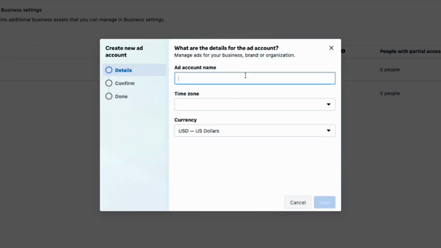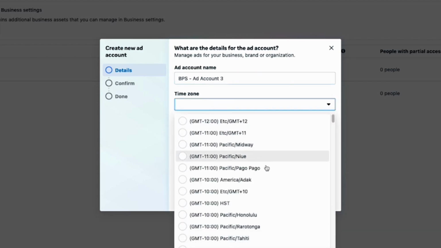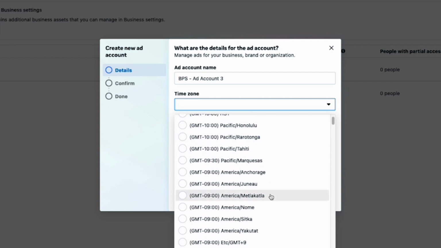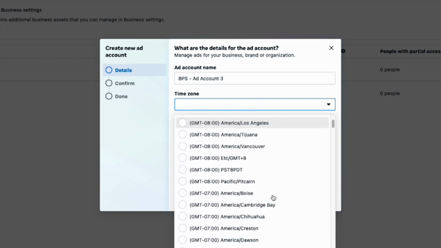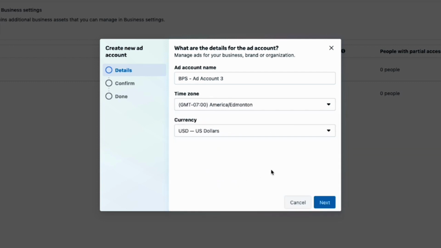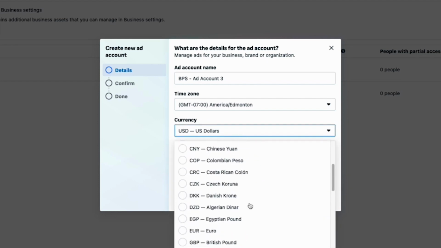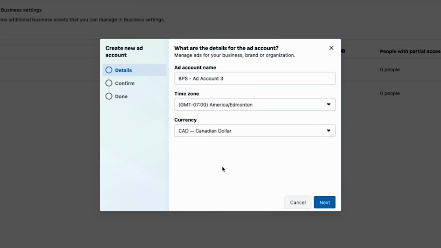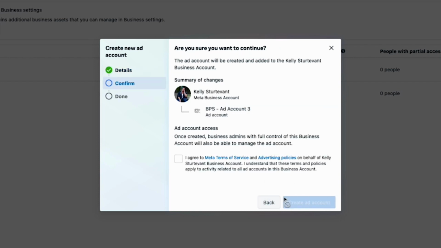So from here, we're going to add our account name. In this case, I'm going to add another ad account. You're going to select your time zone, so make sure you pick the one that is for you. And then your currency is whatever currency that you work in and use. Hit next. And then you'll see that this account is being created under your business account, and it's listed there,